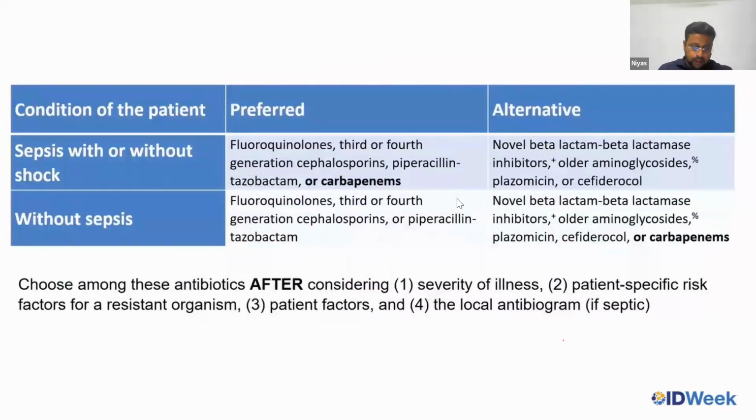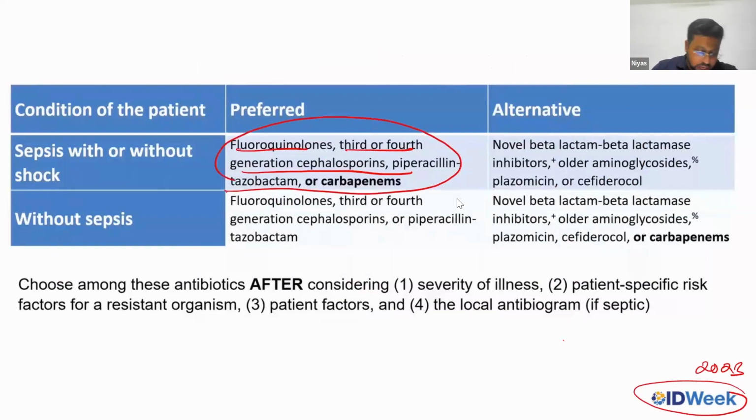So again, I'm talking from the ID Week. They have published these new guidelines in ID Week 2023, in which they say that if a patient has proven susceptibility, it doesn't matter. If the patient has proven susceptibility to fluoroquinolones, third or fourth generation cephalosporins, piperacillin tazobactam, or carbapenems, then any patient, with or without sepsis, you can use these agents with equal